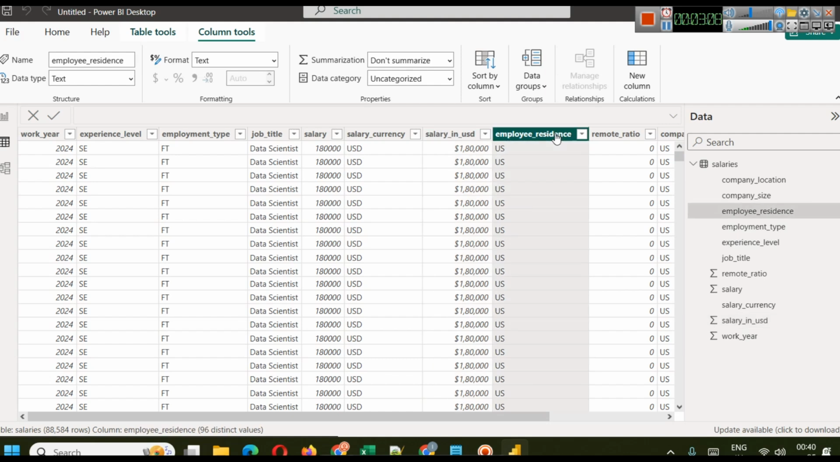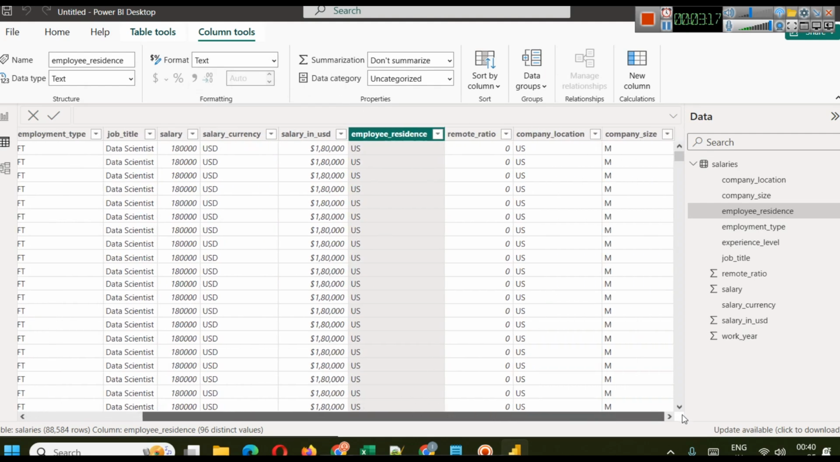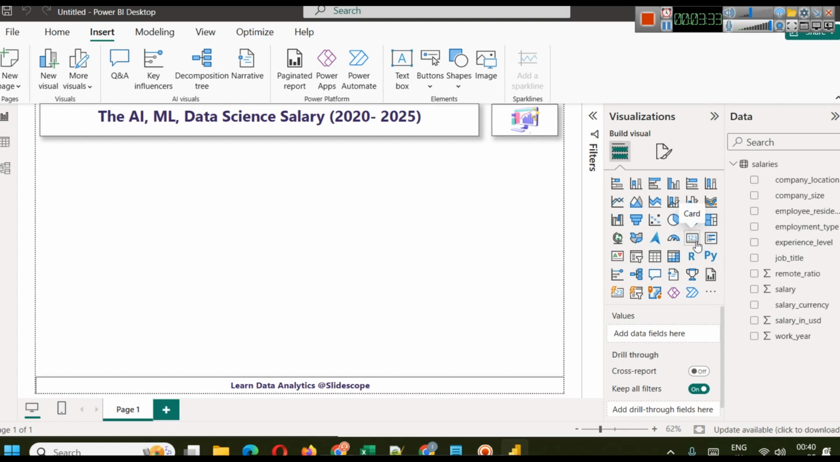Then we have employee residence. Right now its format is text, but we'll see it later. We have the remote ratio, etc. So now let's create some basic KPIs, and we don't have too many KPIs to do here, but let's add them together here. So first KPI, we are going to use a card,